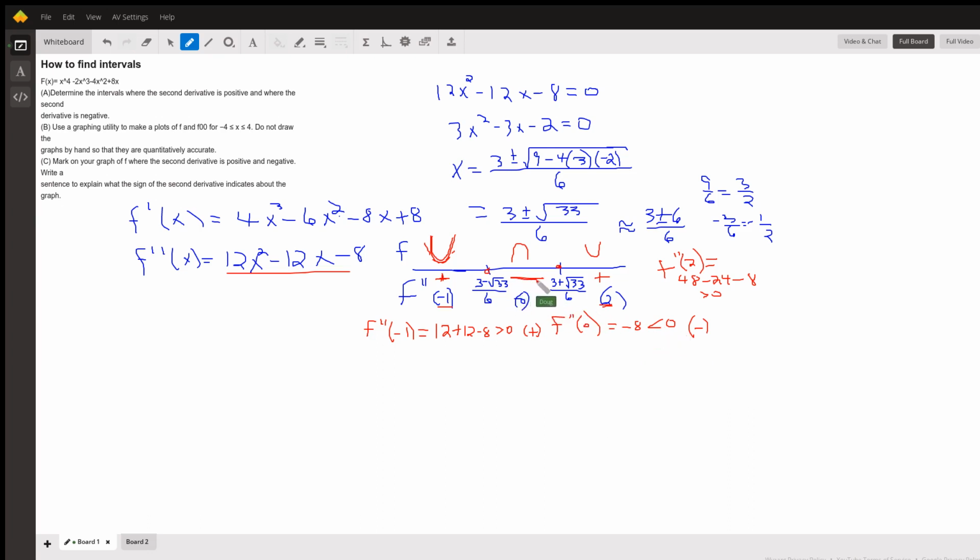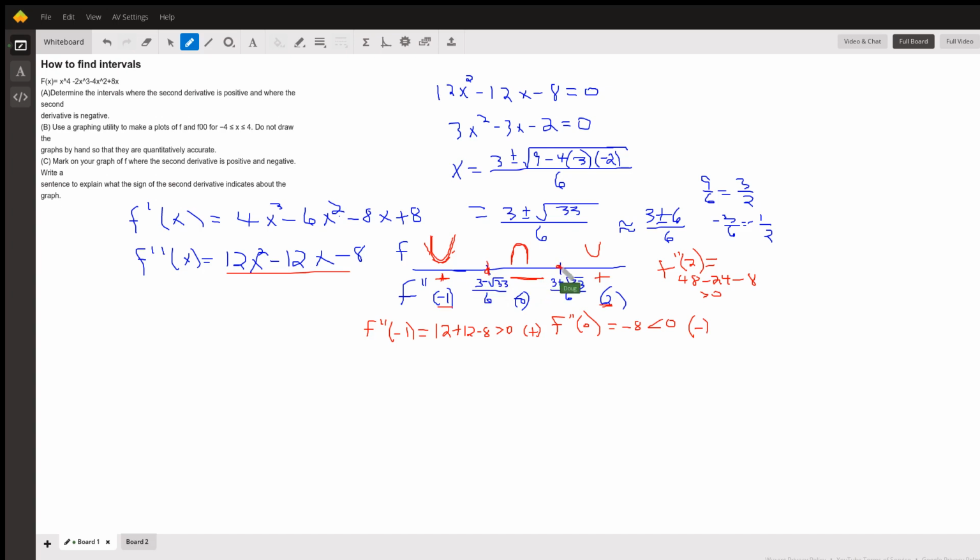if I pick a number between these two x values. And so that's the frown, negative, concave down. And to the right, f double prime of 2, I get another positive number, concave up. So that's how you find out where the second derivative is positive and negative. Find out where it is 0, and then pick test numbers in the intervals created by those